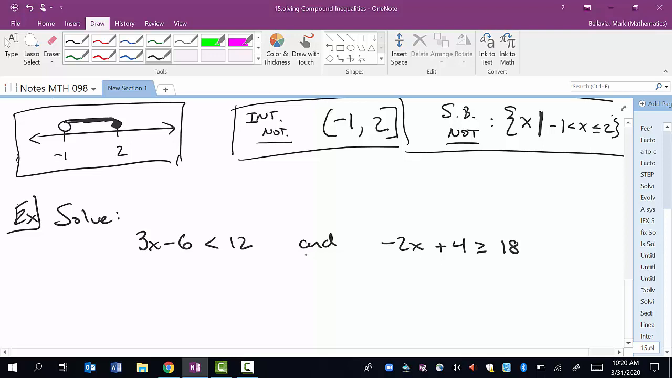Again, the first thing you should look at here is the word and. Since we have the word and, we know we're going to want the overlap or the intersection of the solutions at the end. We're going to solve them individually. So 3x minus 6 less than 12 means